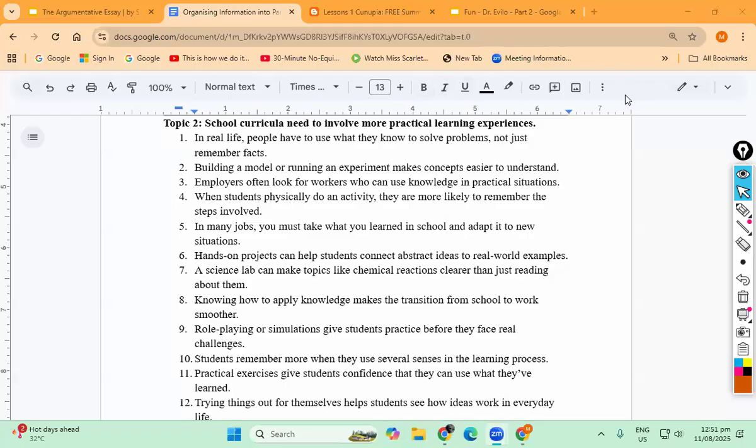All right, so this next one has two main points. School curricula need to involve more practical learning experiences. Because of the time, I'm going to tell you what the main points are. And also, just as before, I'm asking you to know the topic, the main reasons or the main points, and then the supporting details, right? So one main point is